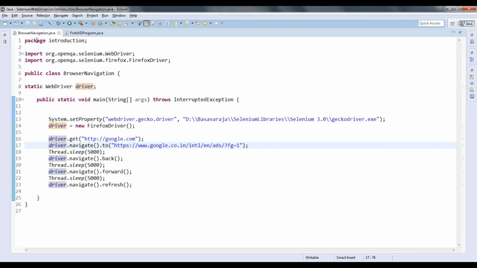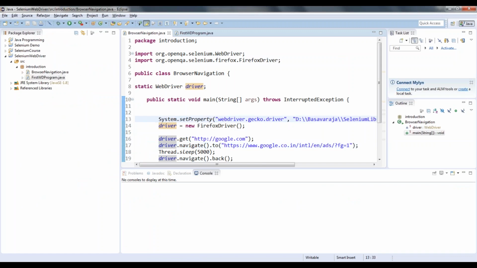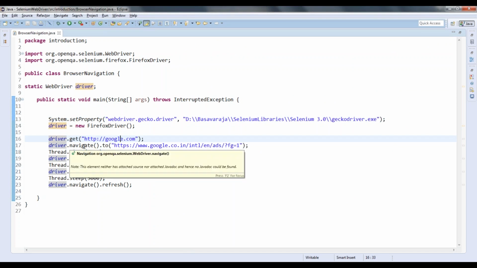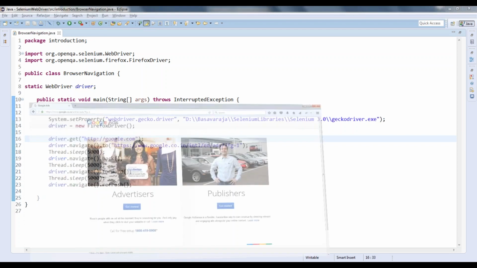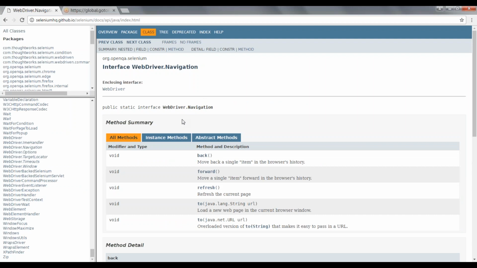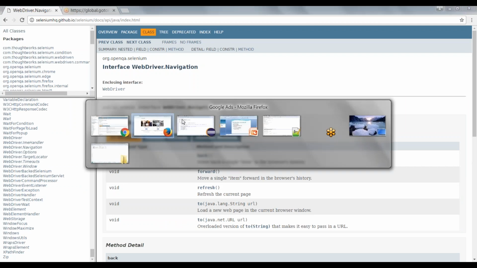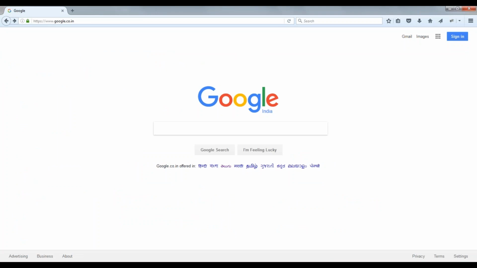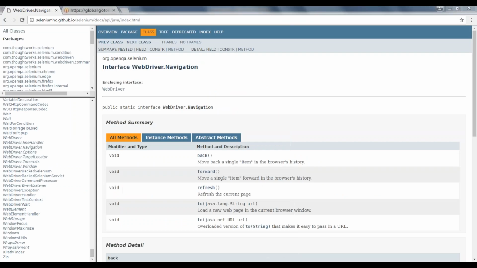So that's about browser navigation commands. Those are also very important commands, and WebDriver is all about having the commands given by Selenium HQ or the Selenium library. We should use each one of them to perform some operations or to perform the testing.